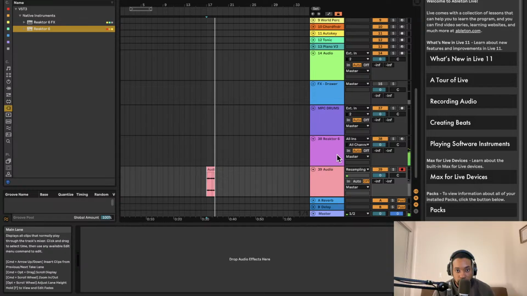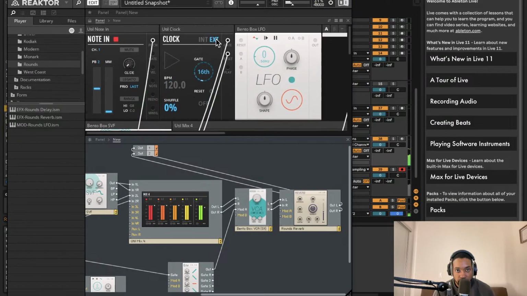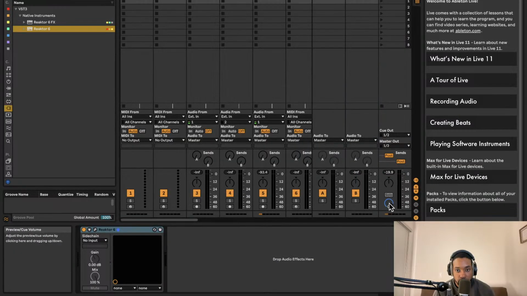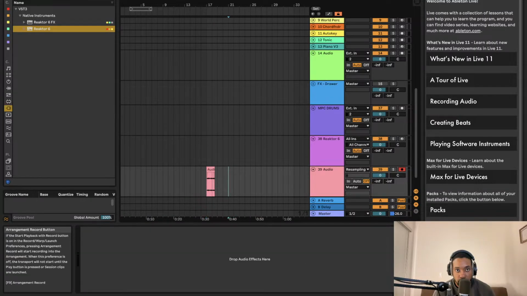So actually I should be using the external clock, which is Ableton's clock. Let me just fix that. There we go. And then we're going to hit the metronome on, turn the volume down, and